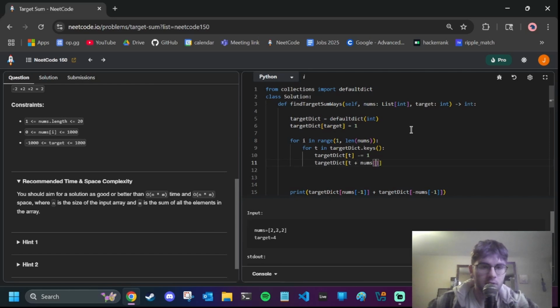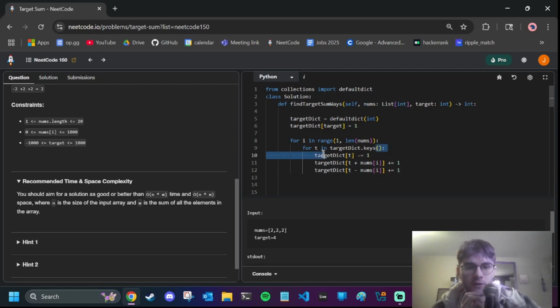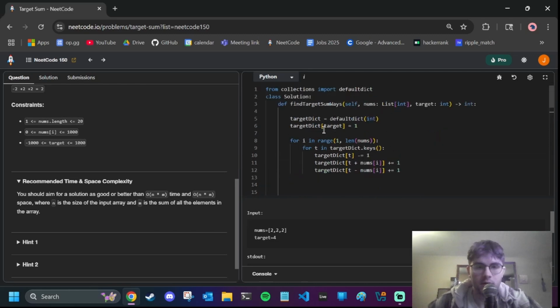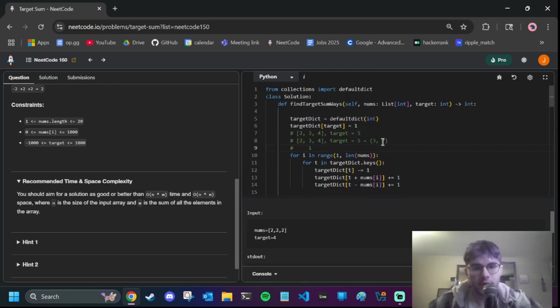nums of I plus equals 1, and target dict of, I think, t minus nums of I plus equals 1. So we're going to remove the original. So in this case, if we look here, so I starts here, and our target dictionary is just 5 at this stage. So when I is here,